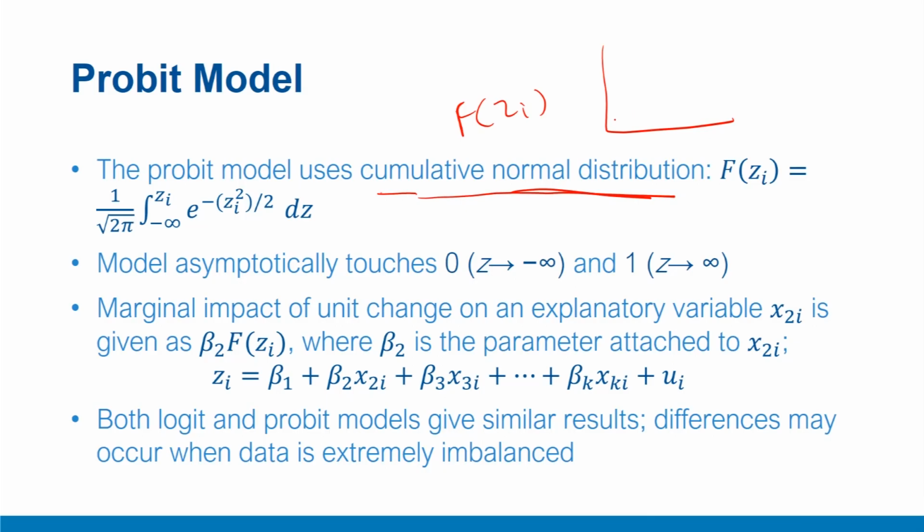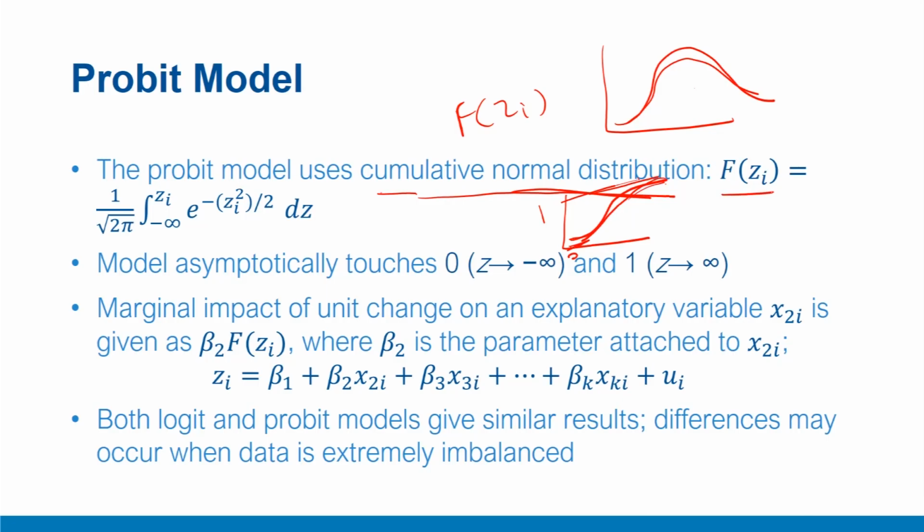Remember, the normal distribution function appeared somewhere like this. Starting, it appeared like this, and this is the normal probability density function. Its cumulative function would appear something like an S curve, slightly different from the logit curve, but still an S curve, starting from 0 as the lower cutoff and 1 as the upper cutoff, because it is a probability density function. So the cumulative function would of course start from 0 and cut off at 1.